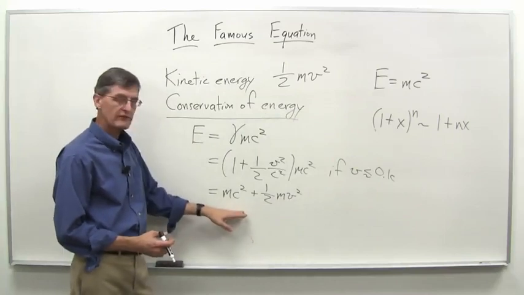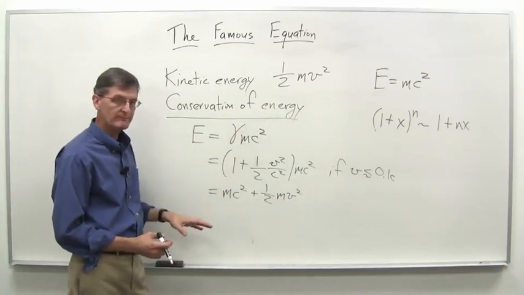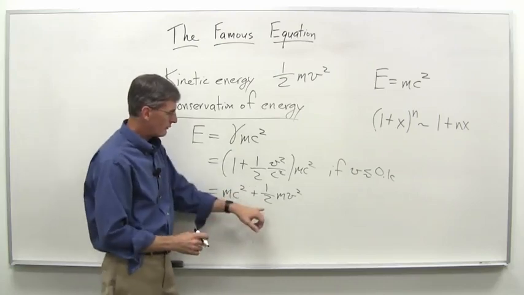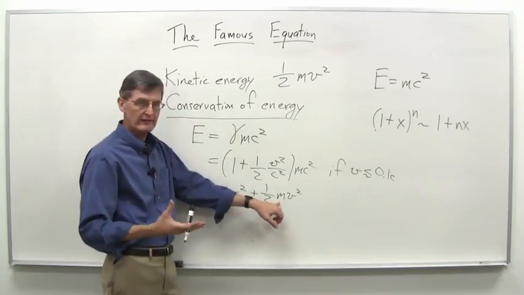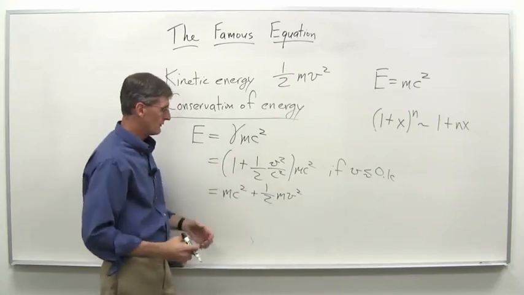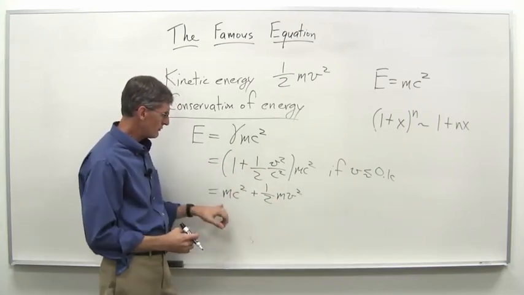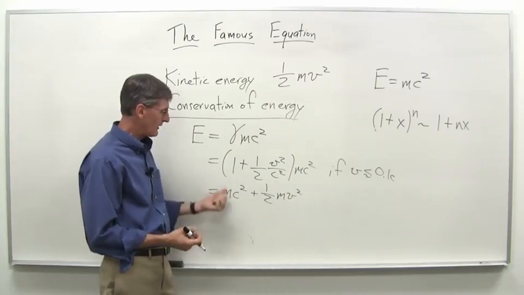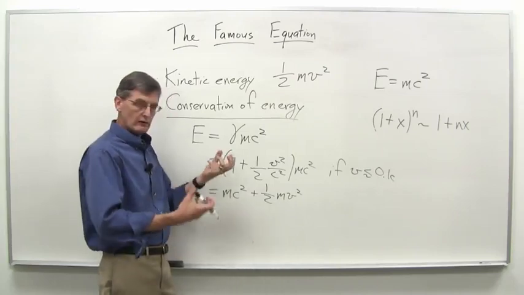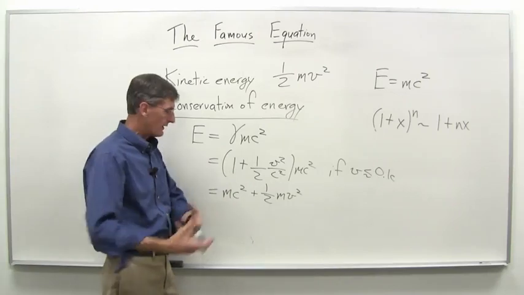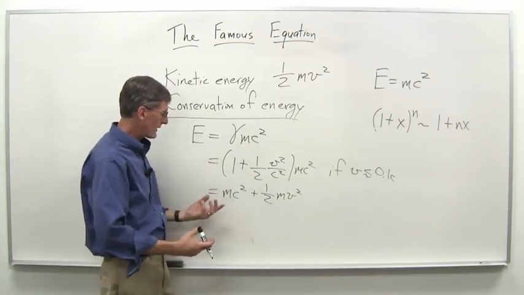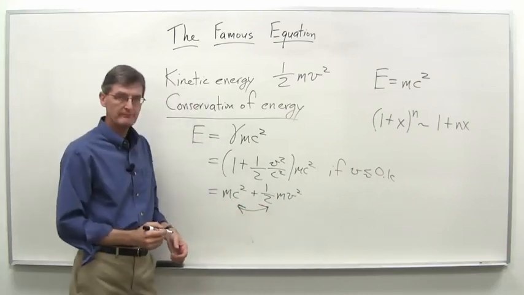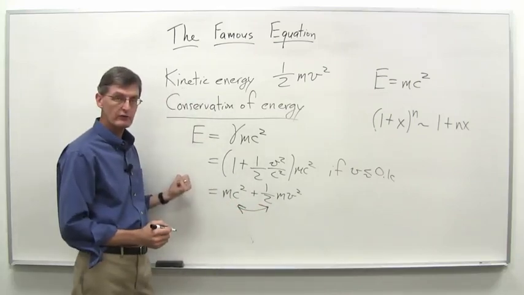But what this is really saying, going back to conservation of energy, is that before Einstein came along with this equation, the idea was, well, sure, you'd have a conservation of kinetic energy. It could go into other forms of energy as well. But no one really paid attention to the masses involved. And what Einstein is saying is, you've got the masses involved maybe in something, and you've got some energy involved. You can actually convert between them and still have the whole thing be conserved.